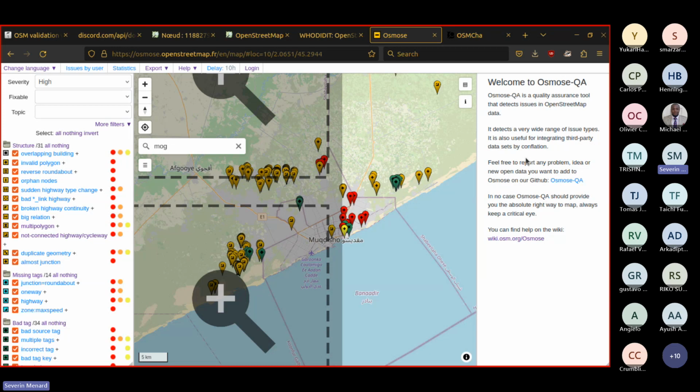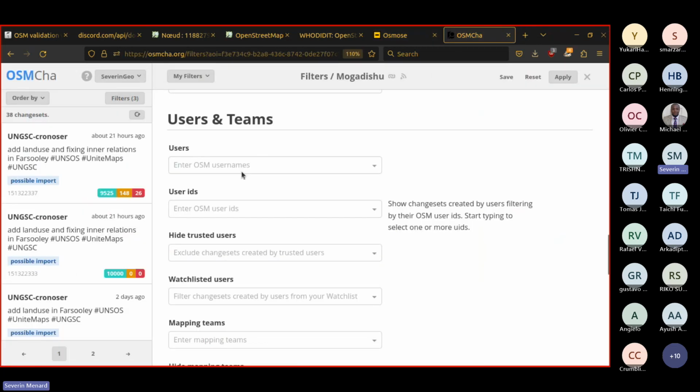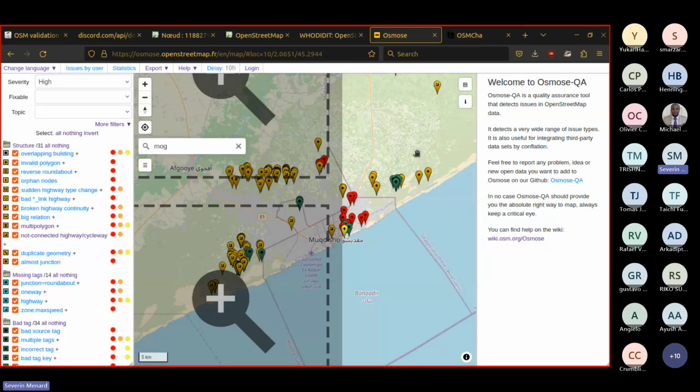For Osmos, actually, yes. Regarding OSM SHA, it's totally that. You have the trusted user, or on the contrary the one you want to watch, and that's why, for example, in OSM SHA, I would consider this contributor a colleague who mostly does good work, and I will not monitor his changesets. But Osmos is really testing the objects by themselves, whatever the contributor. And maybe, yes, all of us made some mistakes.